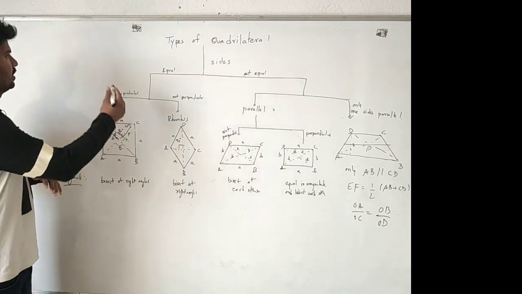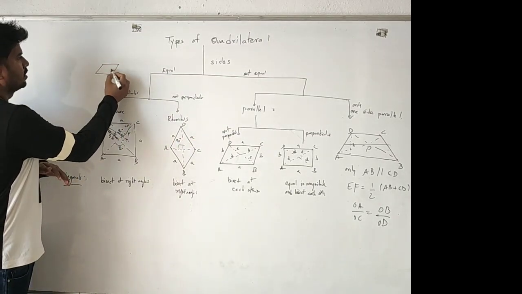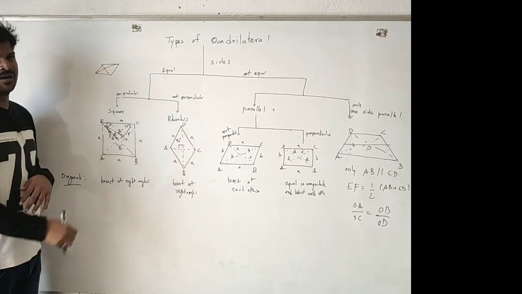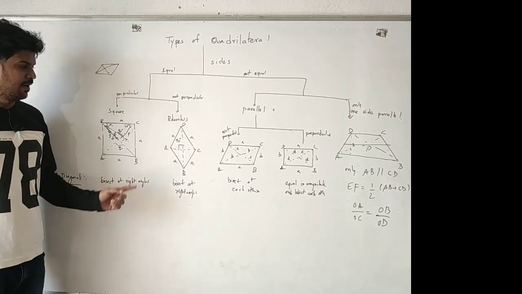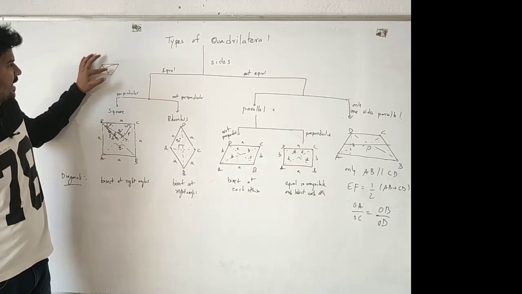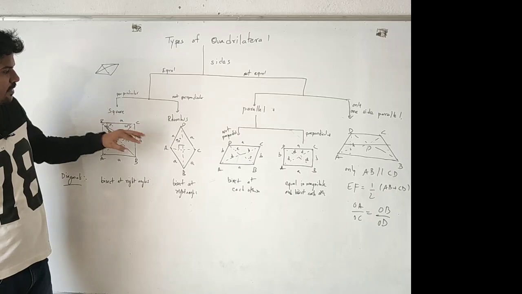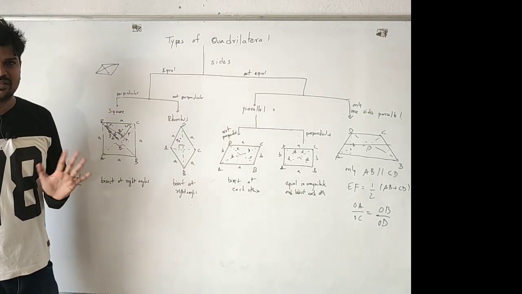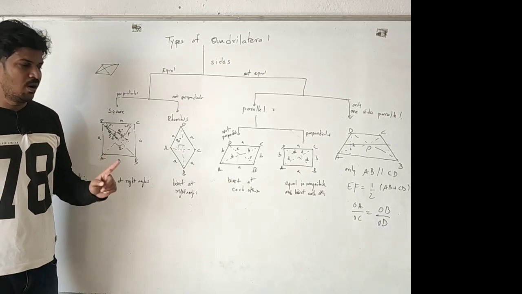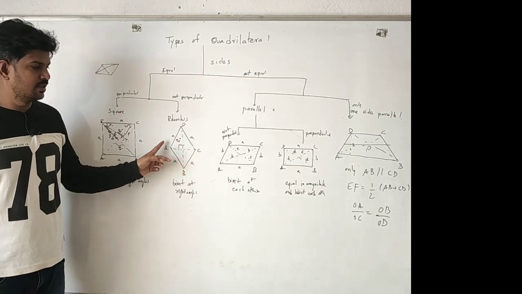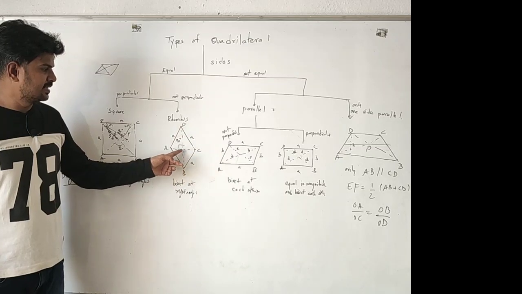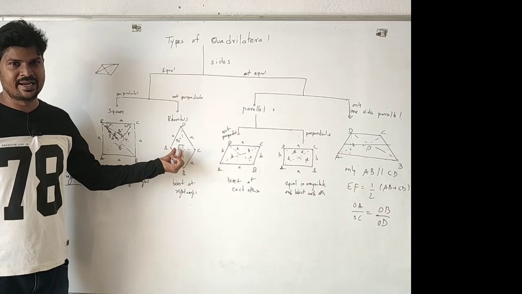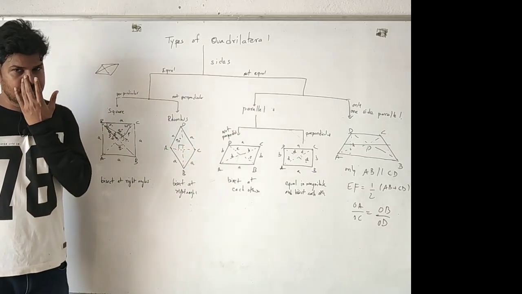Because it is tilted now, this distance will be more compared to this distance. So the diagonal lengths are not the same. Since the diagonals are not equal, they cannot act as angular bisectors. So obviously the angle between this diagonal and the side is not 45 degrees now. But as all sides are equal, the two diagonals bisect each other and make 90 degrees at the point of intersection, making a right angle triangle.